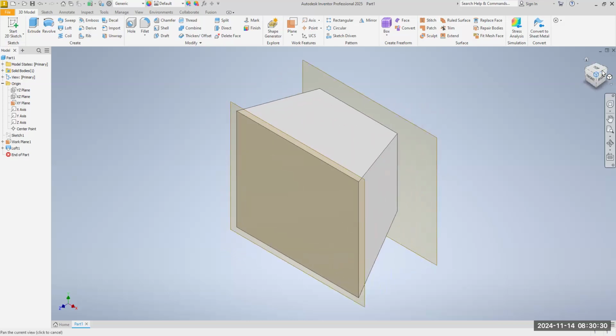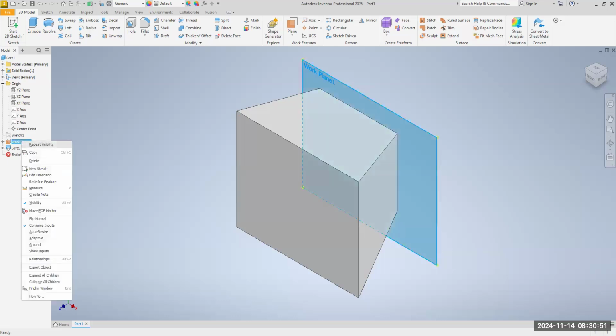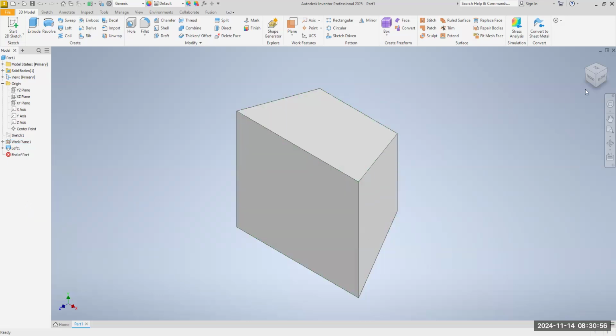All right, now, what we need to do here is I want to turn off these planes. They're kind of in the way now. So go over here and do a right click and turn off the visibility by selecting visibility. And then come down to the work plane, do a right click and turn off the visibility there. Now you have,